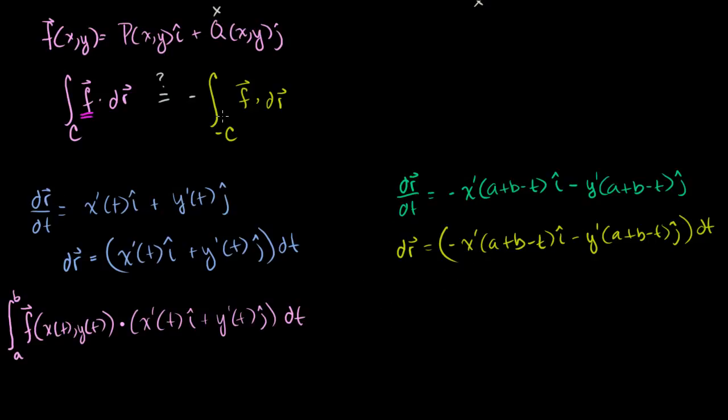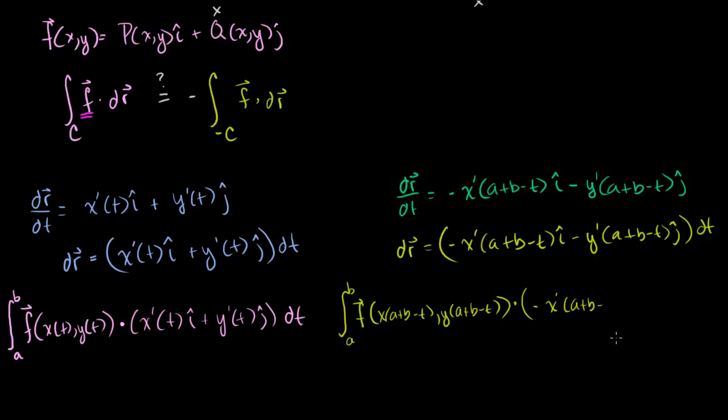If I take this reverse integral, the reverse integral is going to be the integral from a to b of f of, not x of t, but x of a plus b minus t, y of a plus b minus t. I'm writing it small, so I have some space. Dot, this is a vector, so dot this guy right here, dot dr, dot minus x prime of a plus b minus t i minus y prime of